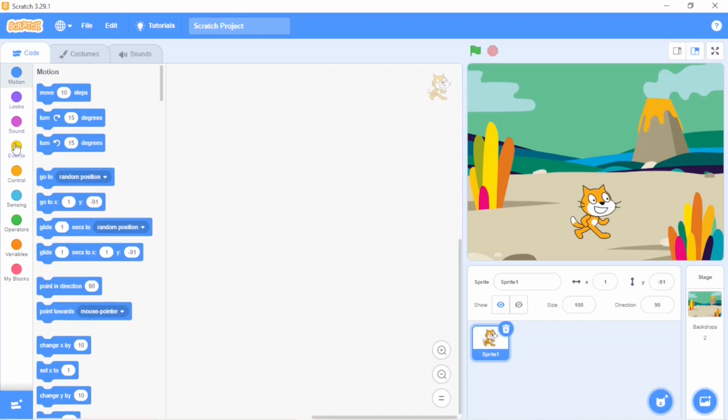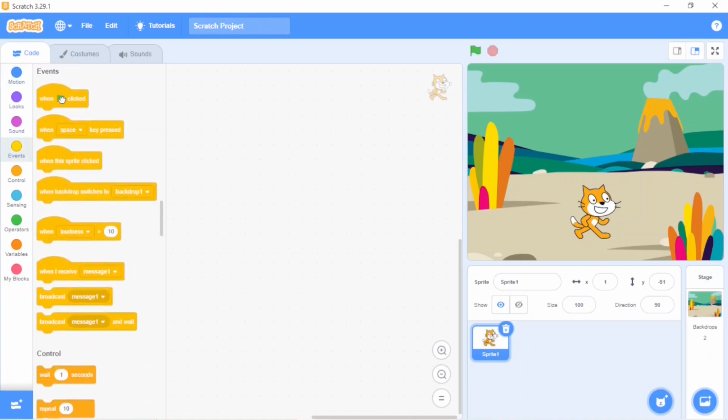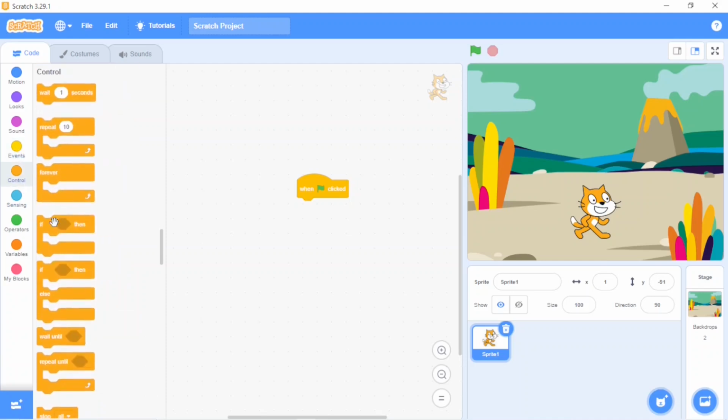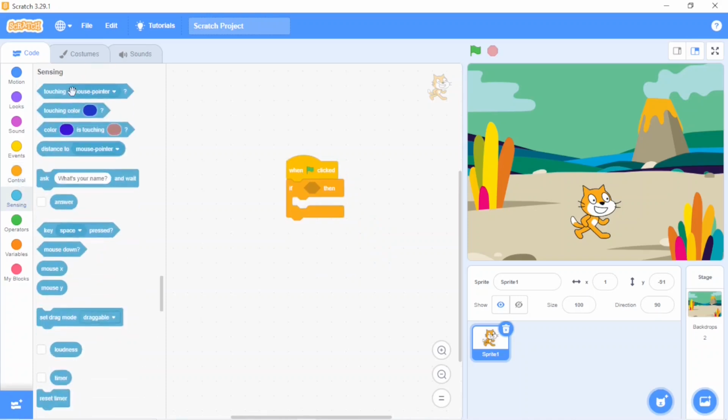Now first we move to the event block. Here, when green flag clicked, and I want the if condition that when I press the space bar my sprite should jump. For that I'm going to control and take the if condition. Here I need to use the sensing block, and in the sensing block I will take when space key pressed.